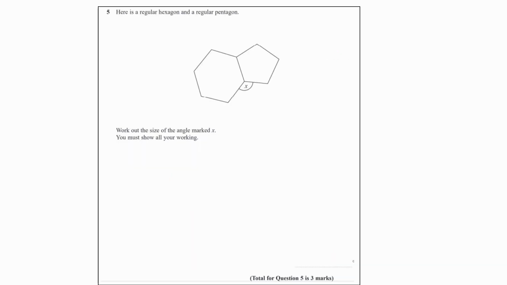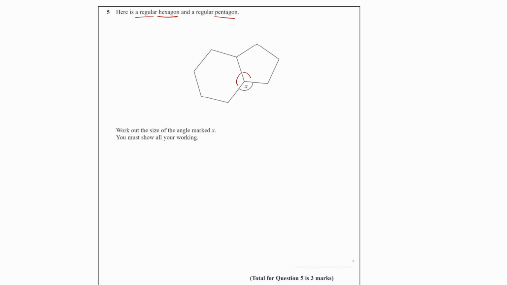A regular hexagon and a regular pentagon. Work out the size of the angle marked X. Okay, so if I work out the interior angles of both the hexagon and the pentagon, and I add those together, take those away from 360, then I'm going to get X. So that's my strategy. So to work out the interior angle of a regular hexagon, regular meaning that all of the angles are the same,